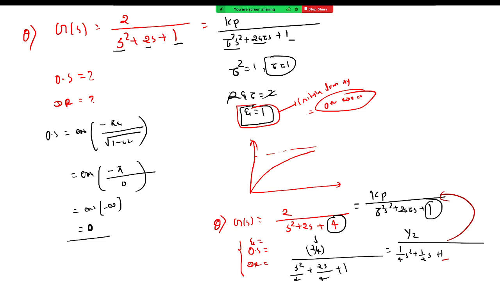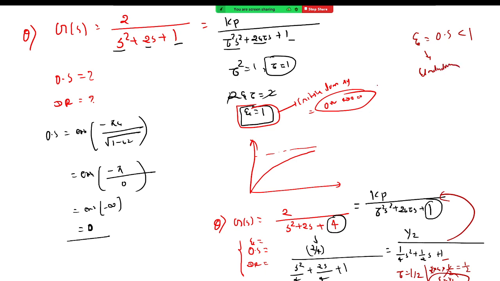So here tau squared is 1 by 4, so tau is equal to 1 by 2, and 2 into zeta into tau, with tau being 1 by 2, equals 1 by 2. So this will get cancelled out, and your zeta is equal to 1 by 2. You have got the value of zeta, that is 1 by 2. Since zeta is equal to 0.5, which is less than 1, this will be your